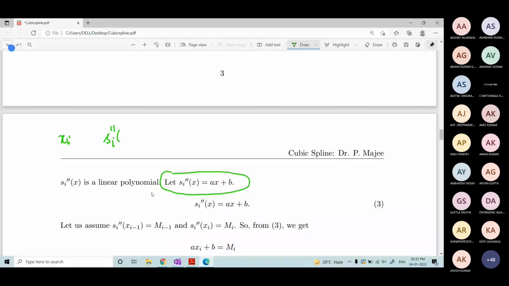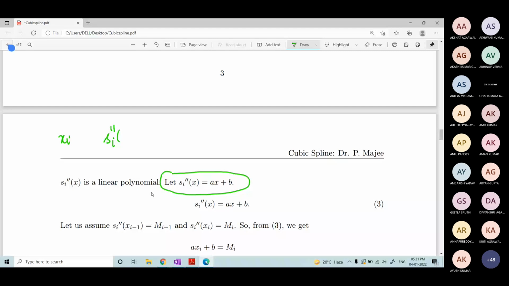If nothing is mentioned or you are asked to find a natural spline, the shape of the curve at the beginning data and the end data will be a straight line. So you are getting m0 equals 0 equals mn. Okay. So if nothing is mentioned, you will assume this. If natural spline is mentioned, you will assume this. And if any other conditions are given, they will be given to you. Some values of m will be known to you. At least two values should be known to you. Then only it will have a unique solution.